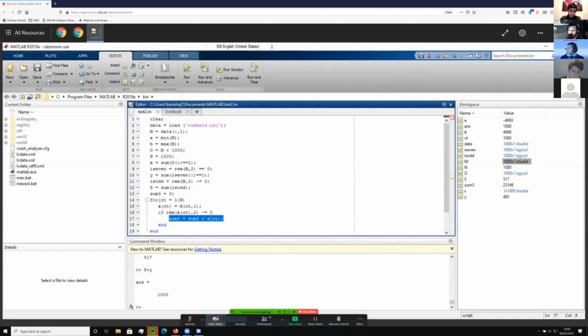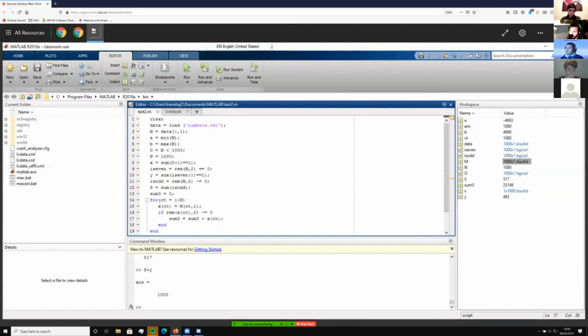Oh, sorry. So does anyone want to tell me what the difference between this line here and this line here is? So they're both checking for a remainder of m and 2 to see if it's not 0. So they're both checking for odd numbers. But does anyone want to tell me what the difference between this and this is? Is that not just finding how many odd numbers there are? Like just adding them together? Yeah, so this one is checking how many odd numbers there are. This is adding all of those odd numbers together.